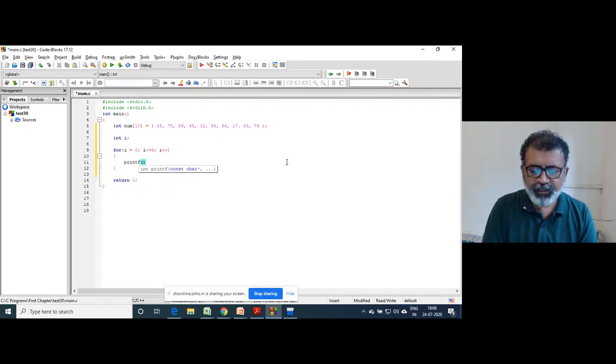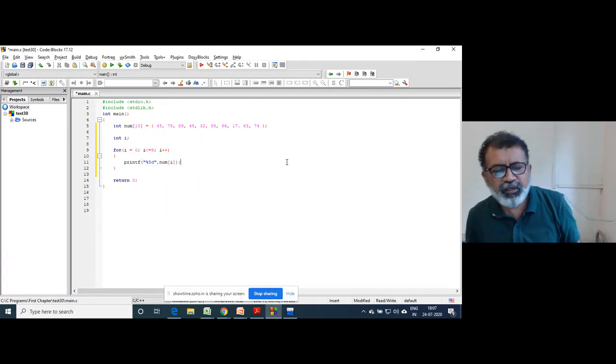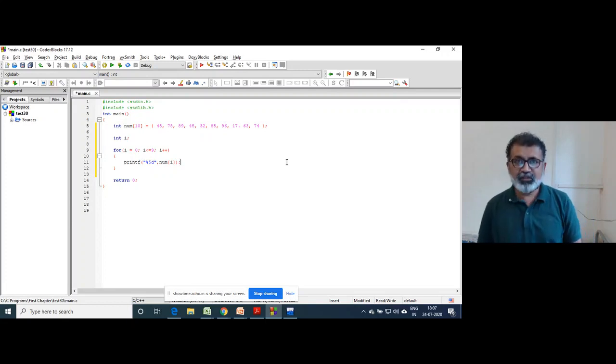I'll write here printf percent 5d, right? And we used to write num of i, right? Simple example, but the intricacies are very important. How it works.